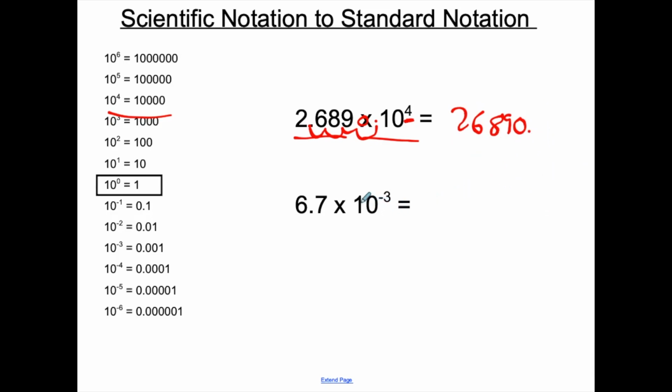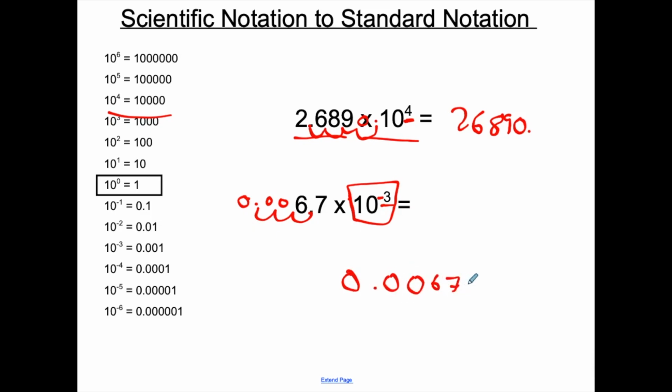How about this one? Again, decimal directions. That's all scientific notation does for you. Move this decimal 3 places to the left. See that negative? 3 places to the left. So I'm going to move this 1, 2, and 3 places, and I'm going to fill in these gaps with zeros. I recommend strongly that you always put a 0 on the left-hand side of a decimal when there's no numbers there so you can clearly see the decimal. So our answer is right here,